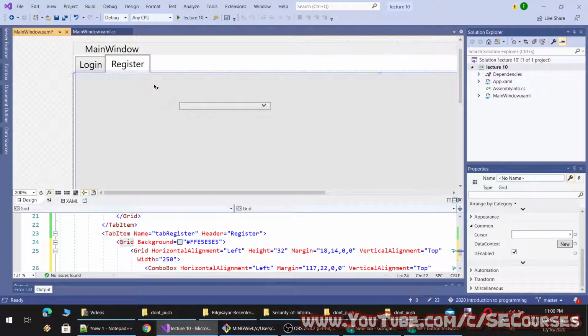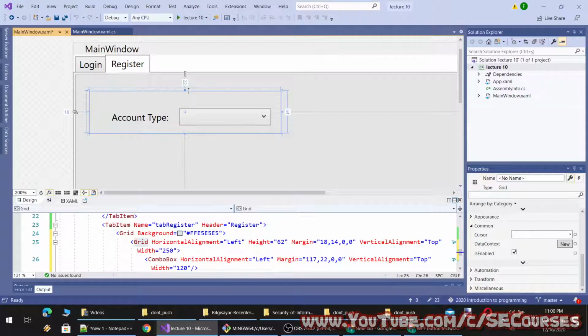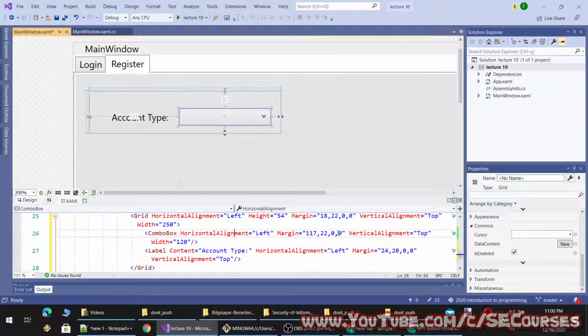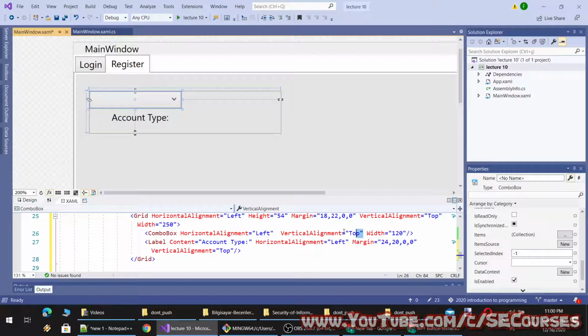Okay, like this. Now they are inside the grid. So vertical alignment top, width, vertical alignment. I'm going to remove this margin because they are inside the grid now. So let's remove this.